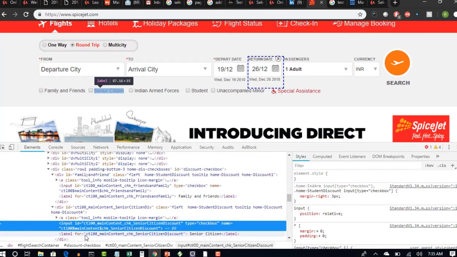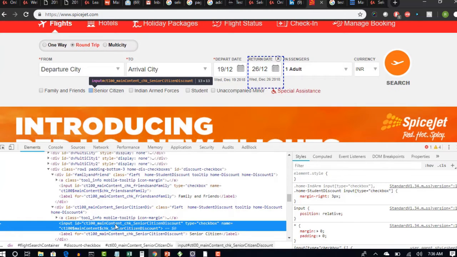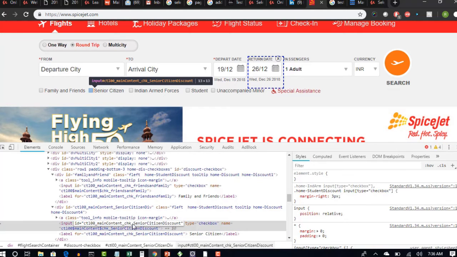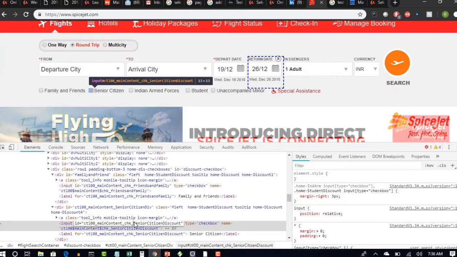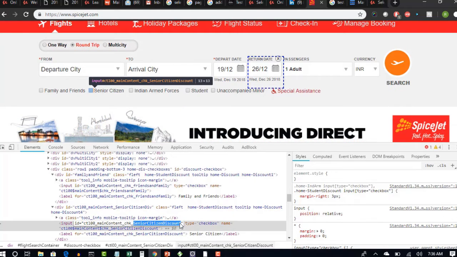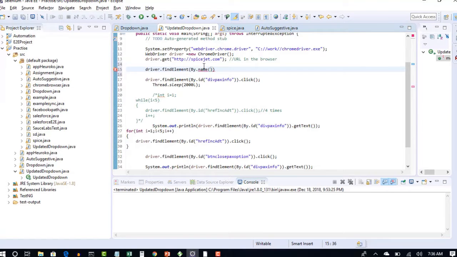You see that you have something like ctl00 main content chk underscore. This name attribute or ID attribute is very big. If you want to write a targeted attribute, you can exclude all this by putting a regular expression and use only this part. Okay, let's use a CSS selector and use only this piece, and I'll put a regular expression here.